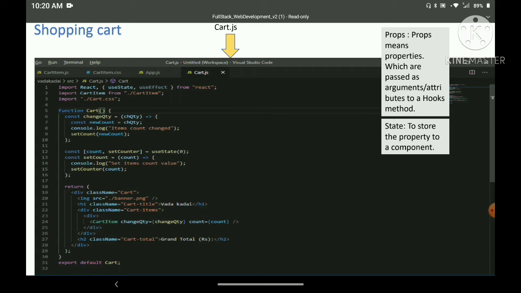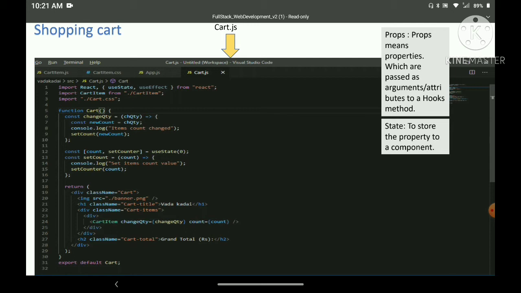Because we are passing the count variable into the cart item, by default the 0 will be displayed. Next is set count, where we pass the count variable, and in the set counter the count variable will be passed to React.js and displayed in the cart item.js.